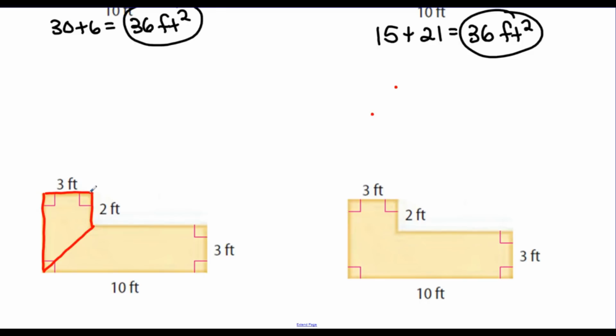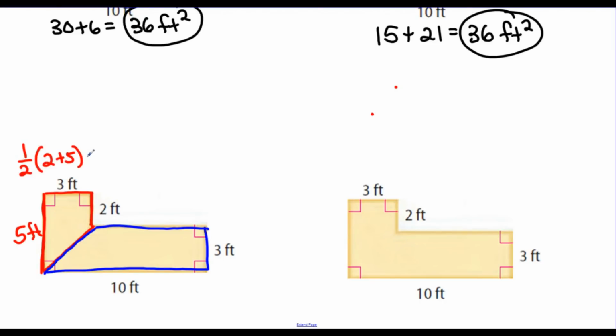Here's a trapezoid. If you kind of slice this diagonally, you get a trapezoid, and then what's left is another trapezoid. So you actually can create two trapezoids with this figure. Trapezoid usually isn't the first thing that comes to mind, but let's see if that works. Now again, we already know that this is 5 feet here, and the area of a trapezoid is 1/2 of base 1 plus base 2, and then these two parallel sides are the bases, so that would be 2 plus 5, times the height, which would actually be the 3 feet there,